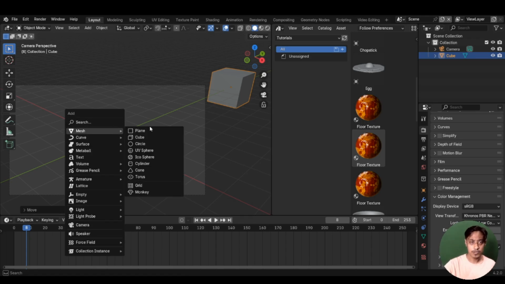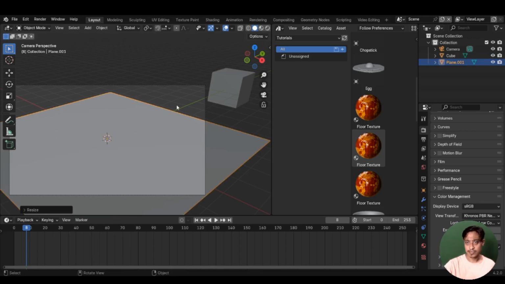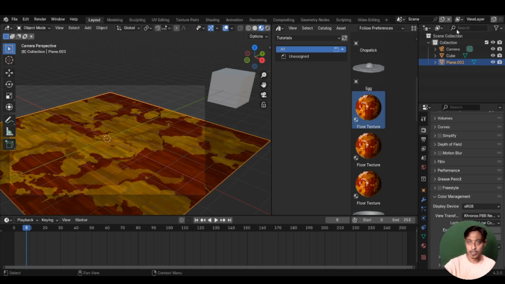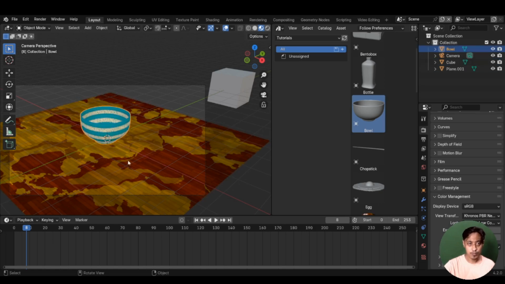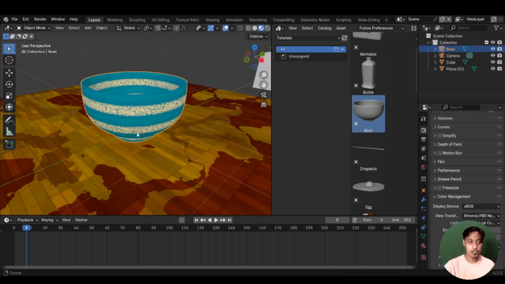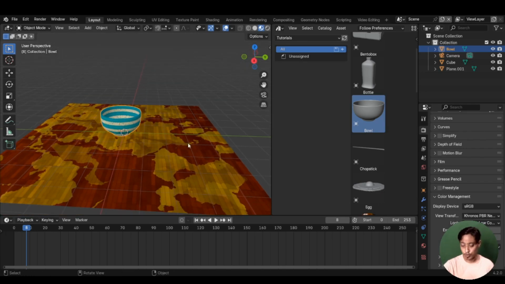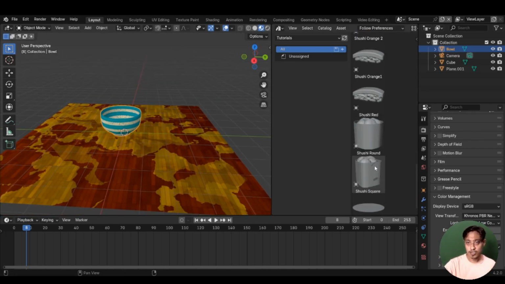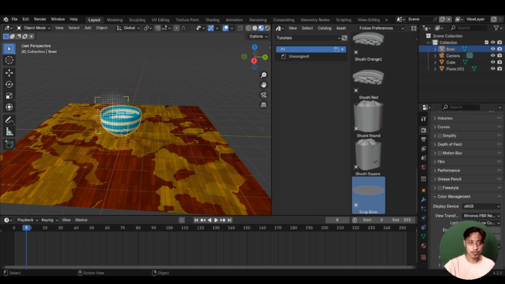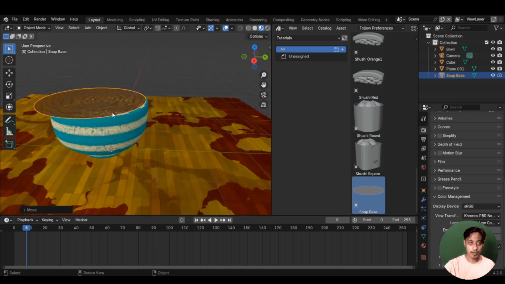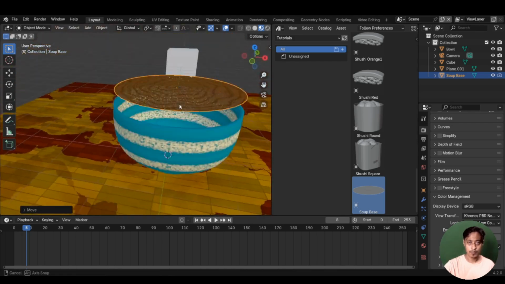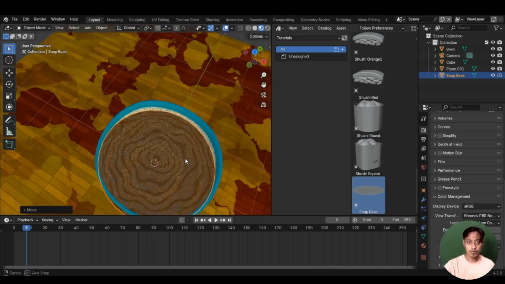So all I need to do is I'll create a plane. I'll extend that, get this floor texture over here and put that in. Now you have a texture over here. Now what we are going to do is we are going to take this bowl and keep it over here, and now you can see you have your bowl over here. Now we need a base soup which we have over here and we can use that. Now we have this soup, we'll drag it and bring it down,